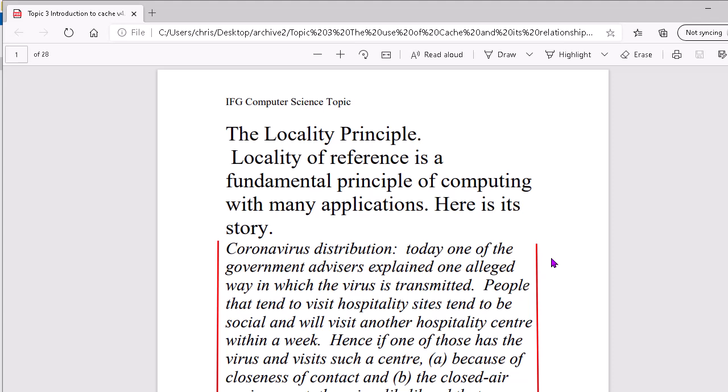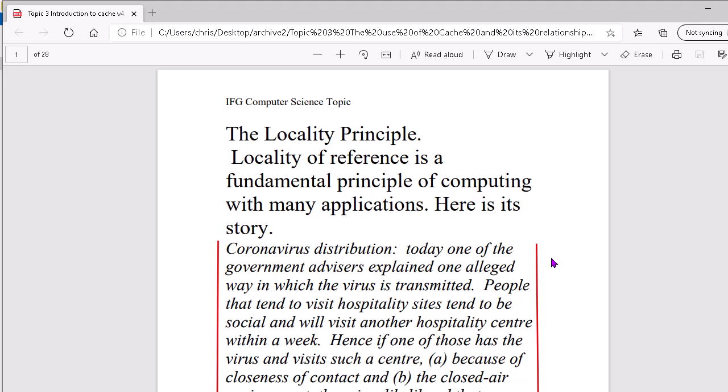The locality principle. This is what the first part of today's session is all about. Locality of reference is a fundamental principle of computing with many applications. So we're going to talk about the locality principle, and it has two forms, which I'll explain to you. I'll give you a formal statement of the two principles, and I shall give examples, both from practical life and